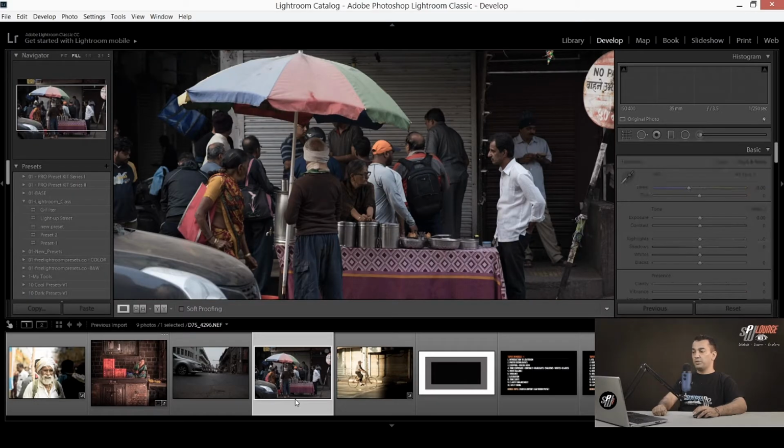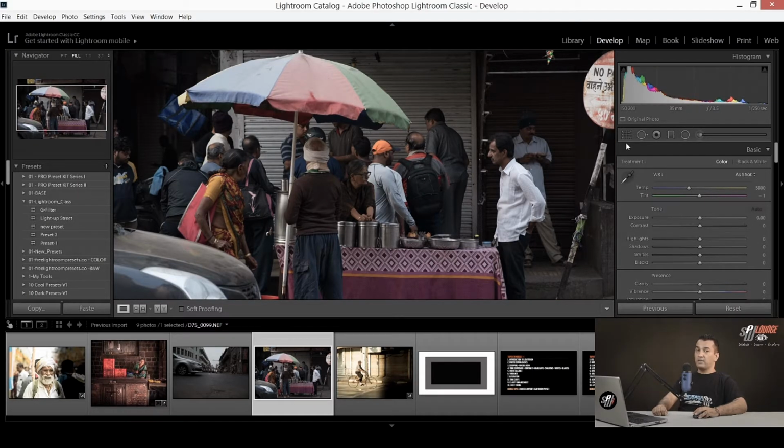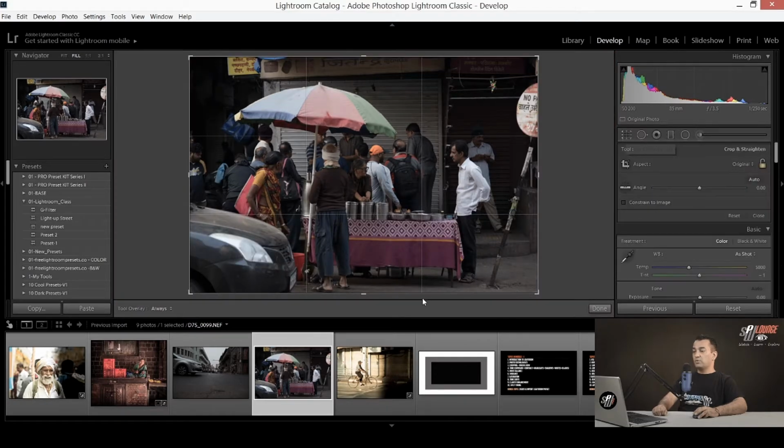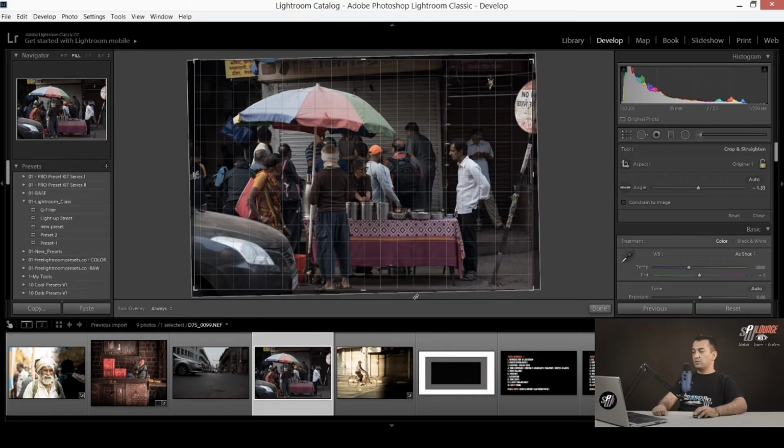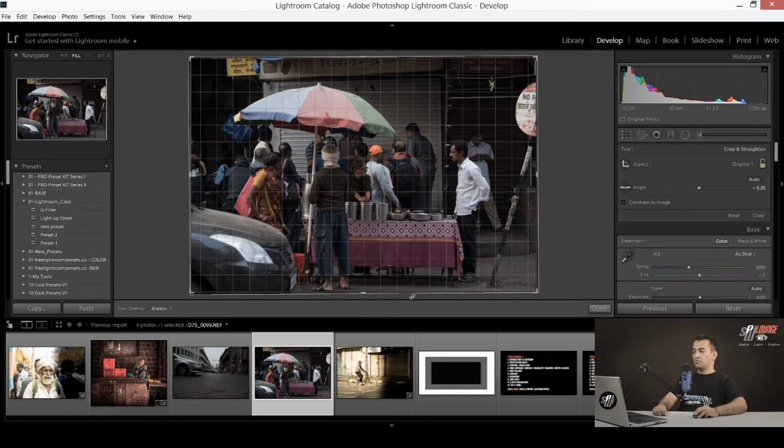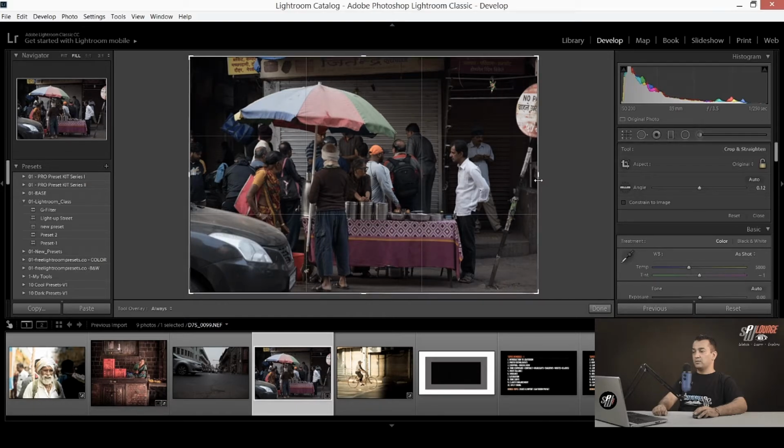I have one more image here, just to give you example of how I'm working with the presets. So again I'm just going to correct the composition. So just try to find the lines which are horizontal or vertical.